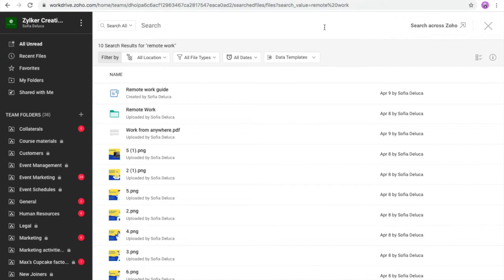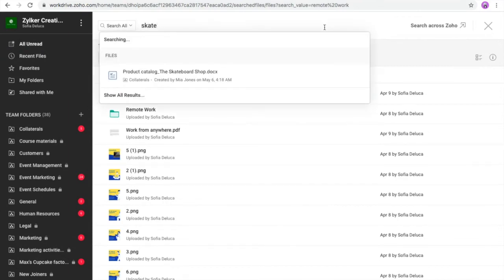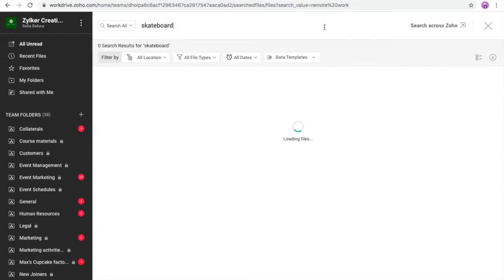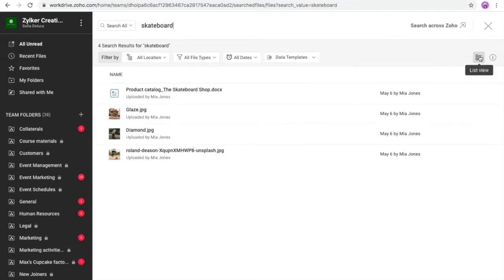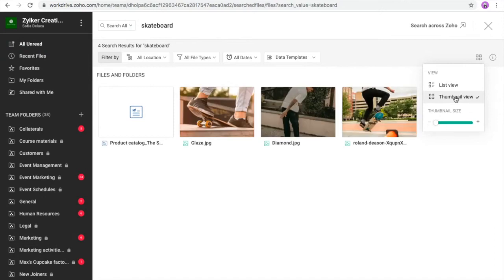And WorkDrive also supports object detection. So you can look for a particular object within an image, and WorkDrive brings that as well. Currently, we support around 50 odd objects. We're working on adding more objects to it, which will be out soon. So this is all about the front end of WorkDrive. This is about managing your files, sharing, and all that.